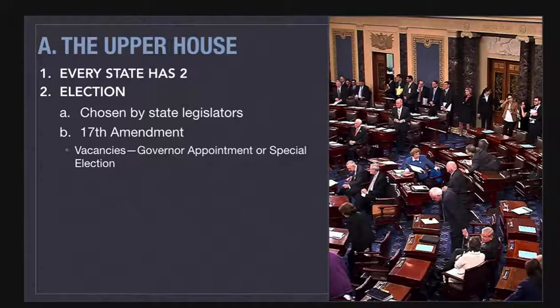So the 17th Amendment plays a key part in that, and it's also important to note that the term for the senators is much longer than those of the representatives. For senators, it is 6 years, and we have a rotation in which only 1/3 of the entire body of the Senate will be up for election at a time. And they've also structured this in a way that no state is going to have both of their senators up for election in the same year. That way, they can continue on with business while the other is campaigning and working on re-election.